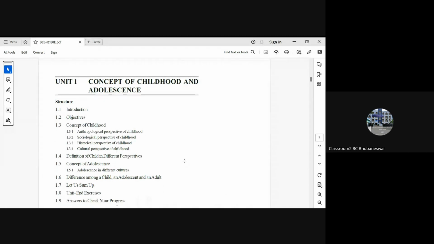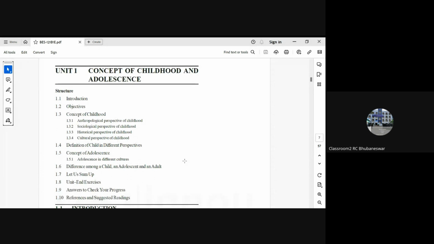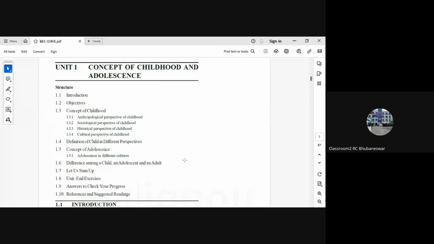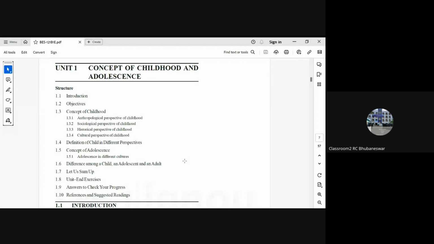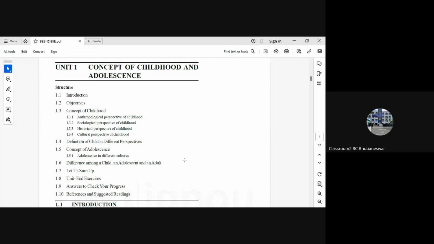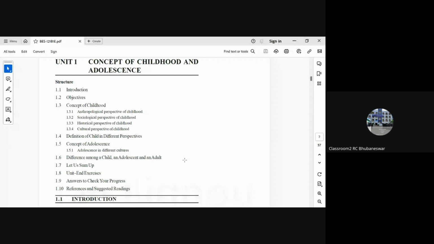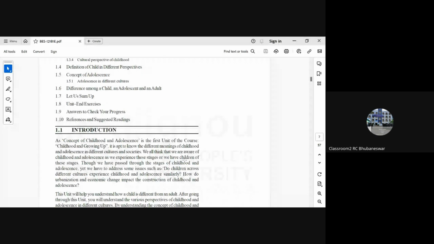Under unit 1, we should discuss the concept of childhood, definition of child in different perspectives, concept of adolescence, and the difference among a child, an adolescent and an adult. These are the contents of unit 1, that is, concept of childhood and adolescence. So before we start,